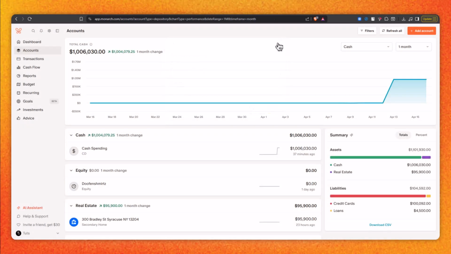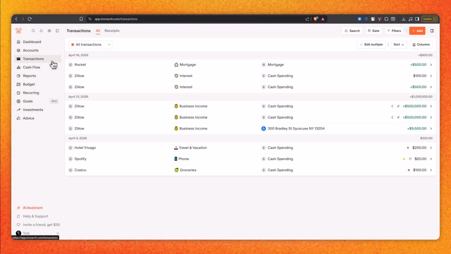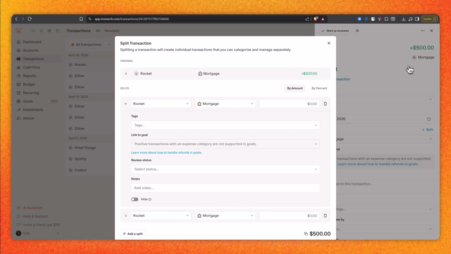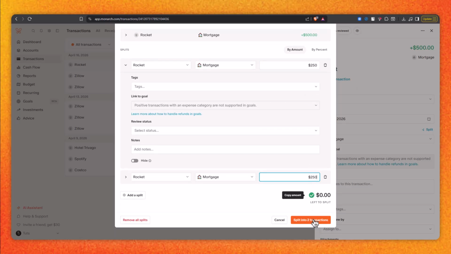Next, when your monthly payment comes in, go to Transactions and split it into parts. Assign the principal to your mortgage account, the interest to the interest category, and escrow to categories like property tax